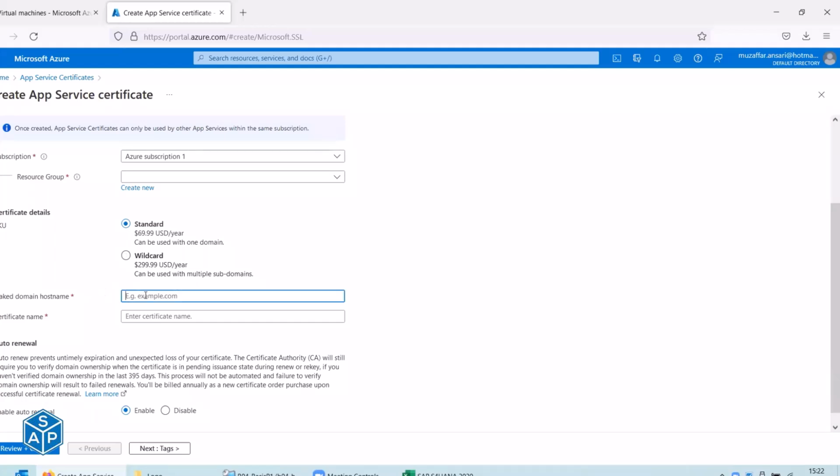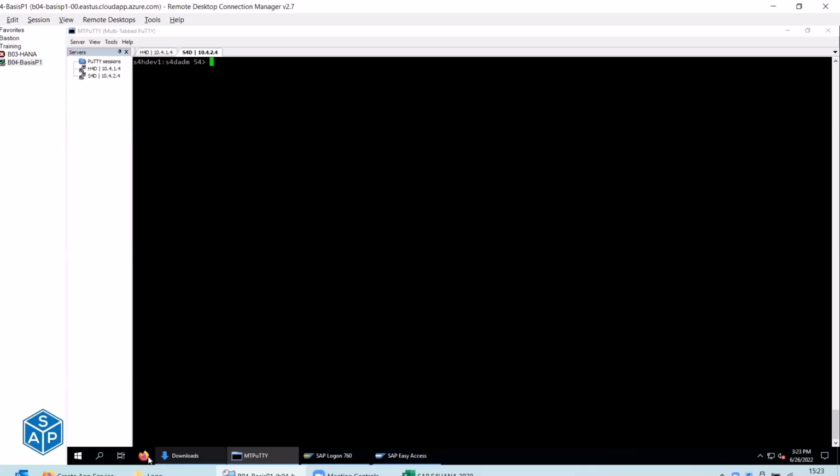Okay, you can give the domain name over here, example.com, and the certificate name that you want for the certificate. Once you create this certificate, you will be charged that amount and you will get the SSL certificate. Now, how does that SSL certificate look? So if you come over here,